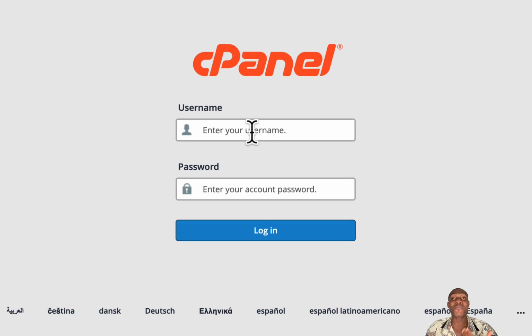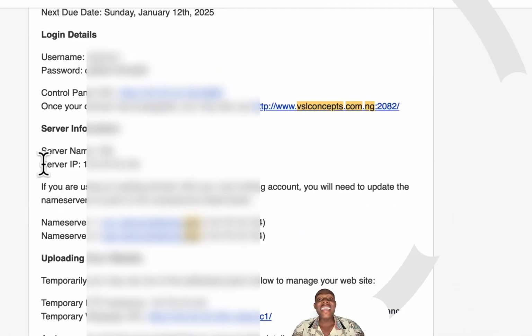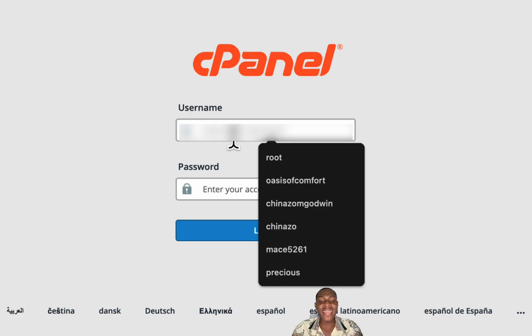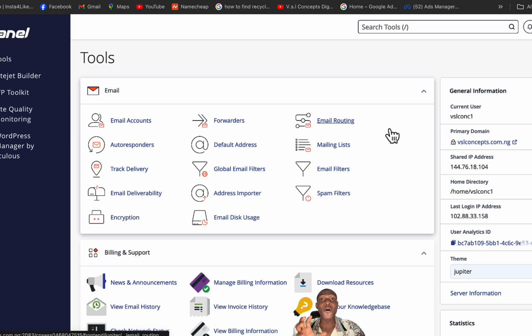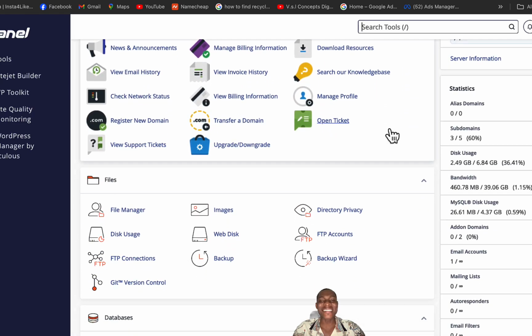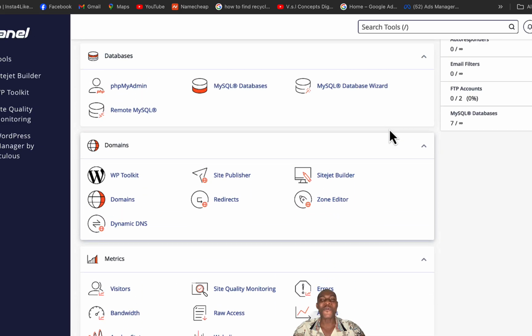you will now be required to put in your cPanel username and your cPanel password. Now, how do you get this? Over here in that email that you received, you are going to see the username. Copy this username and ensure you are not copying any space with it. Copy the username, paste the username here, and paste the password. After doing that, click on login. You have automatically been logged into your control panel where we would now be designing this mind-blowing website, as it